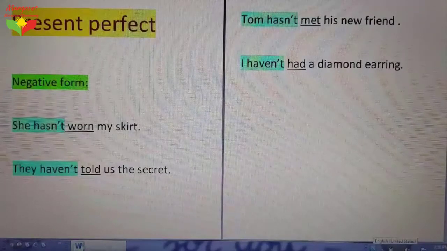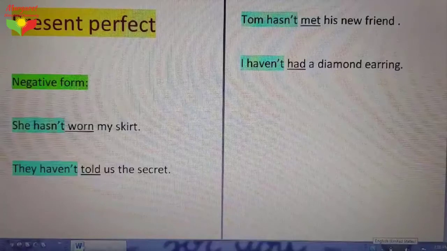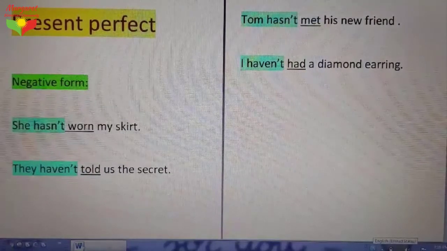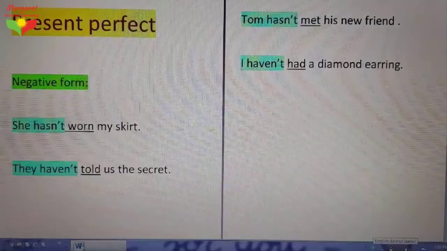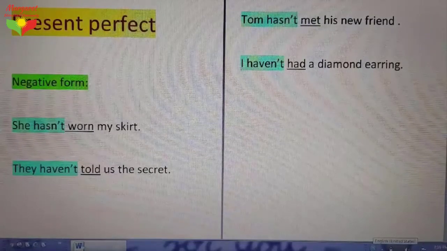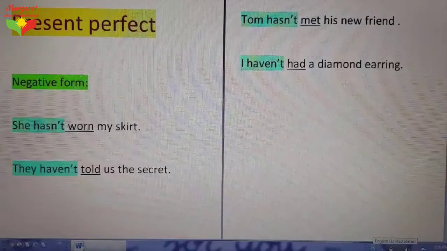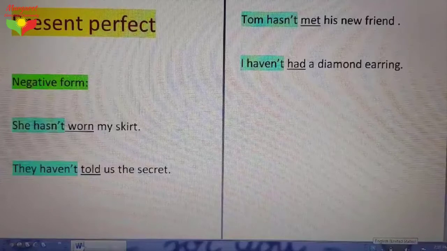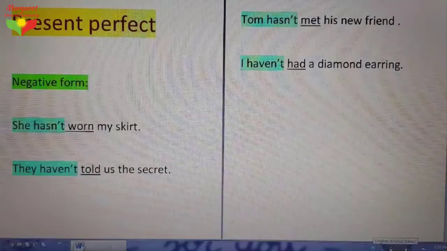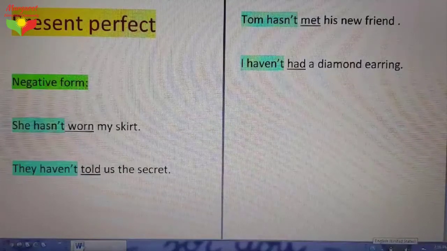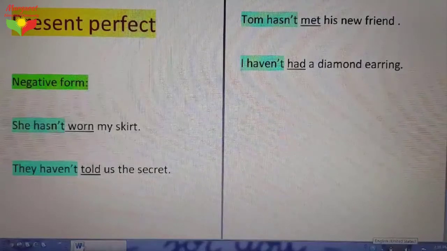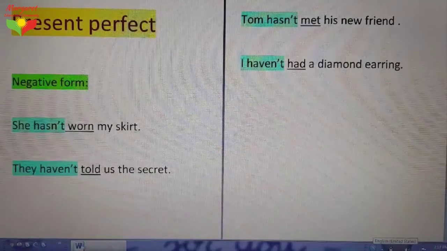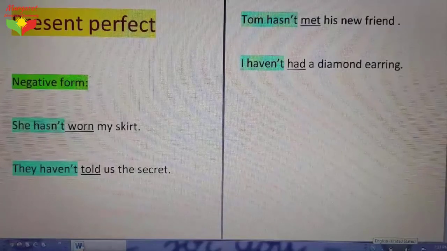This time there will be affirmative sentences: she has worn my skirt, they have told us the secret, Tom has met his new friend, I have had a diamond earring. You see, it's very easy, it's not difficult, it's like a piece of cake. So now let's move to the next slide which